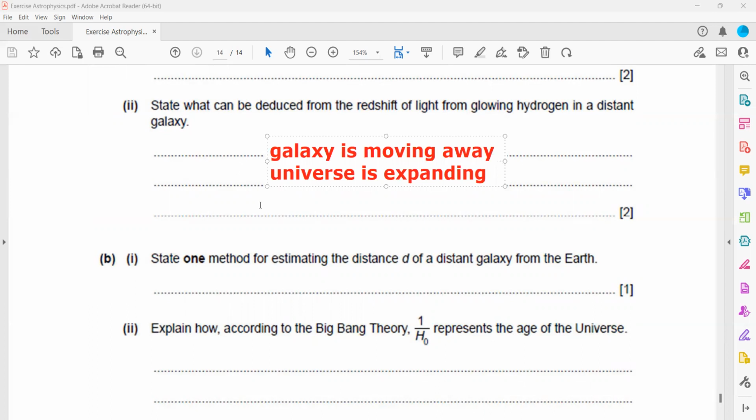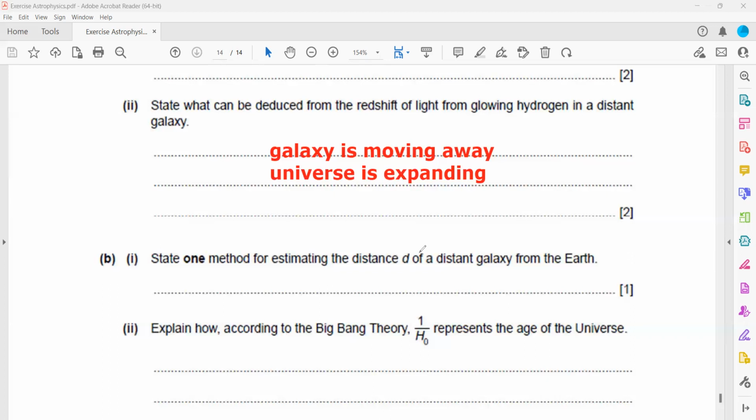One method for estimating the distance of a distant galaxy. So how can we identify it? We are observing the star, because every galaxy has massive stars which undergo a supernova. So how we actually estimate the distance of the galaxy is by observing the brightness of